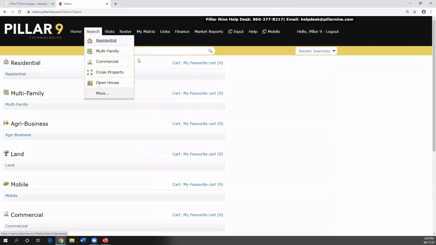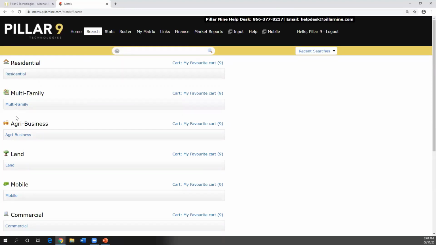So I'm just going to expand my search tab here. And the first thing that you're going to notice is that currently within the CREB system, when you go to do a search, you're basically doing it on product type or construction type. So right now you have choices like attached or detached or apartment, etc. They've condensed those choices into something that they're calling residential. And in addition, they've added a different category here that's called multifamily,